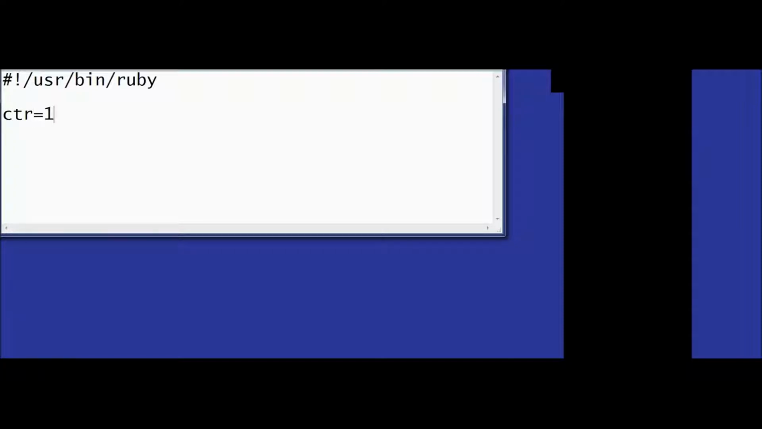I have a counter, let's say CTR is equal to 1, while CTR,